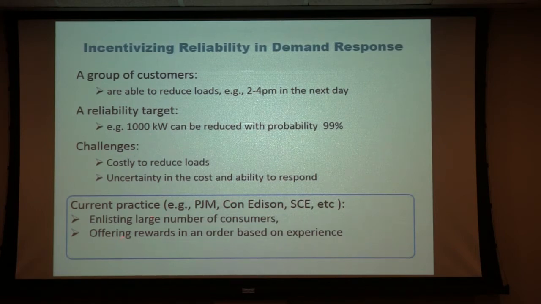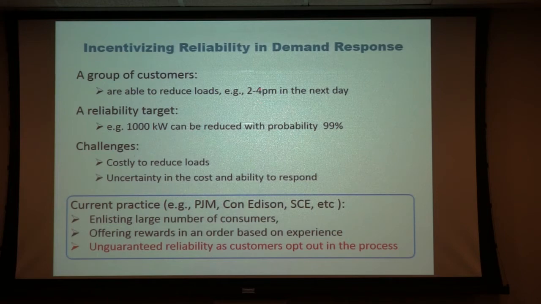So I went through the current practice. They were doing it definitely one way. So far, the thing we're going to do is first try to elicit a large number of customers, and then I'm going to offer some rewards, right? So if you reduce, I'm going to give you some money. And what we have been seeing is, sometimes people will opt out at the very beginning, or sometimes during the process, people are going to opt out.